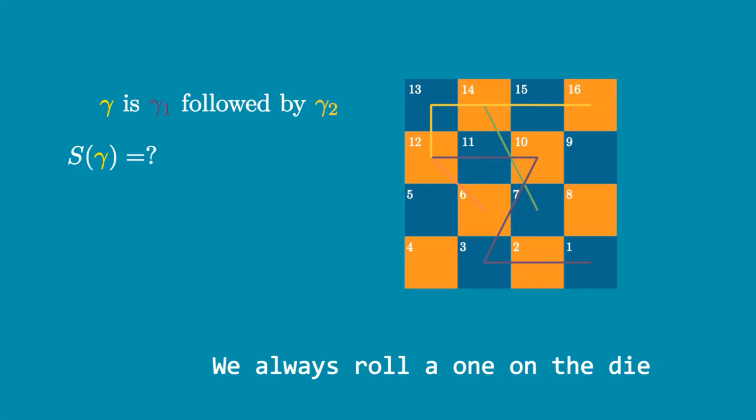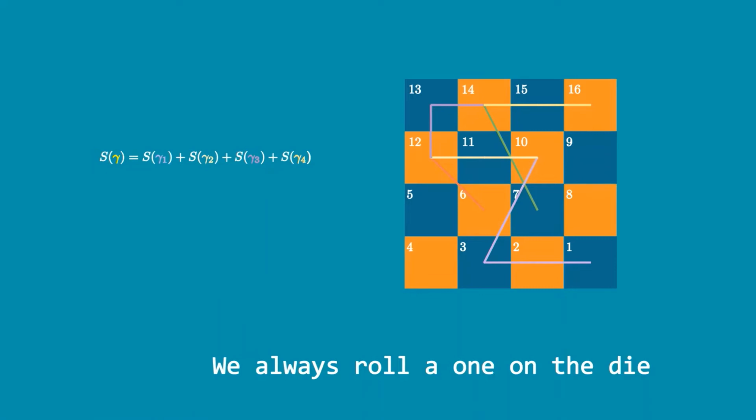For the action, this means that the value it associates to gamma should simply be the sum of the values it associates to gamma 1 and gamma 2. That way we can guarantee that if the action of gamma is minimal, then so is that of gamma 1 and gamma 2, and vice versa. Now if we then split up gamma 1 and gamma 2 in two parts again, and continue like that, we will eventually end up splitting up gamma in pieces which cannot be split further,